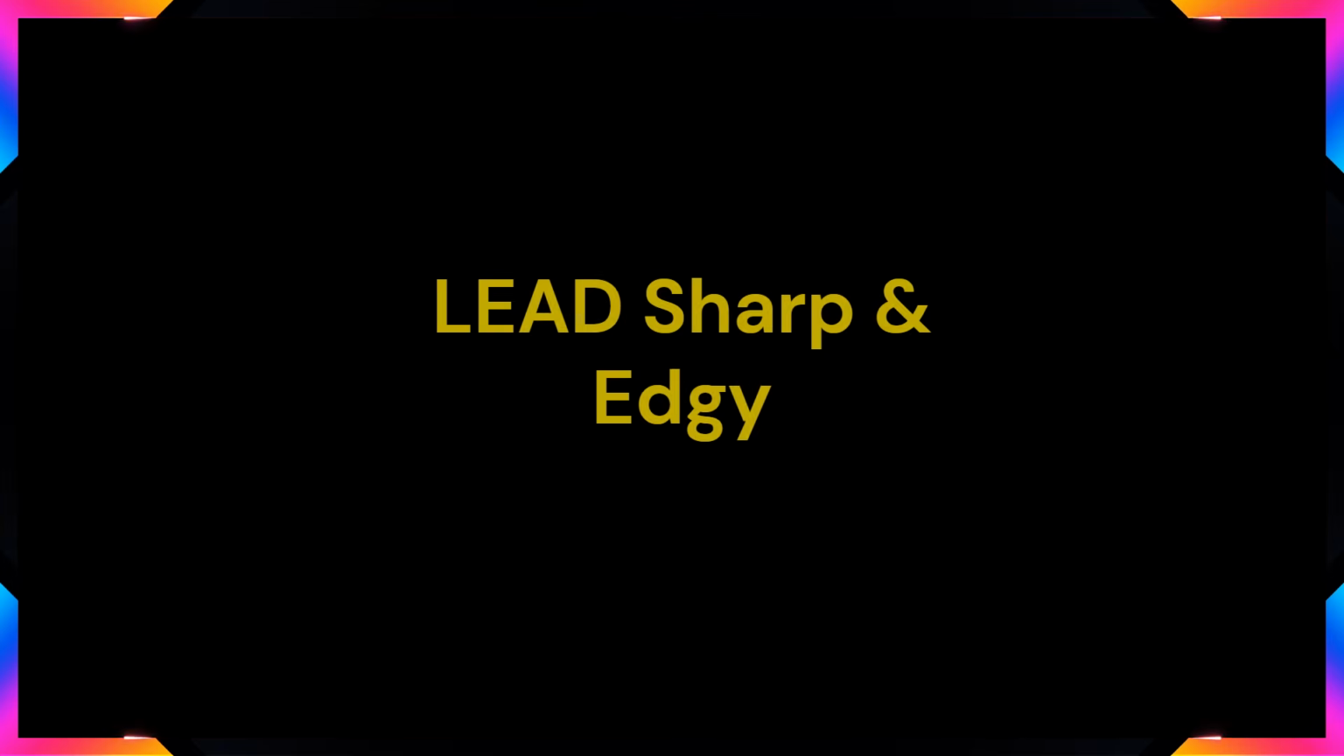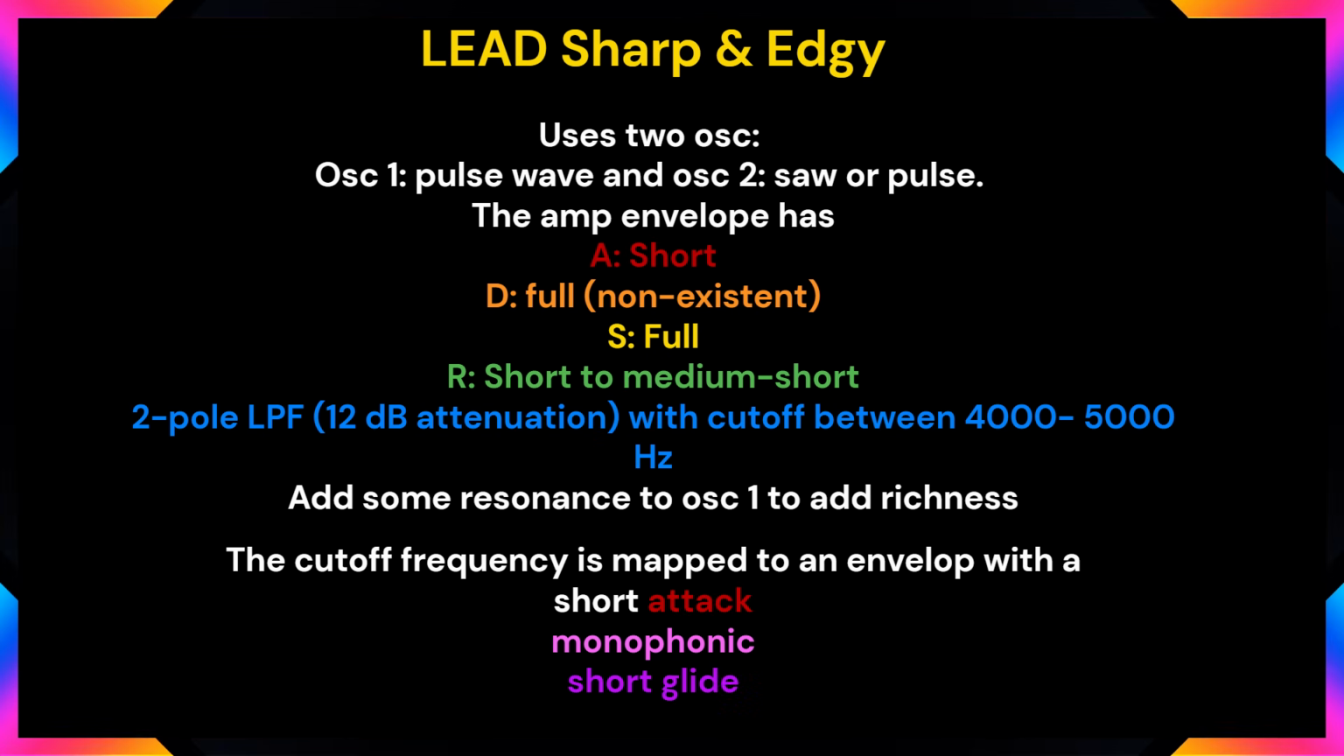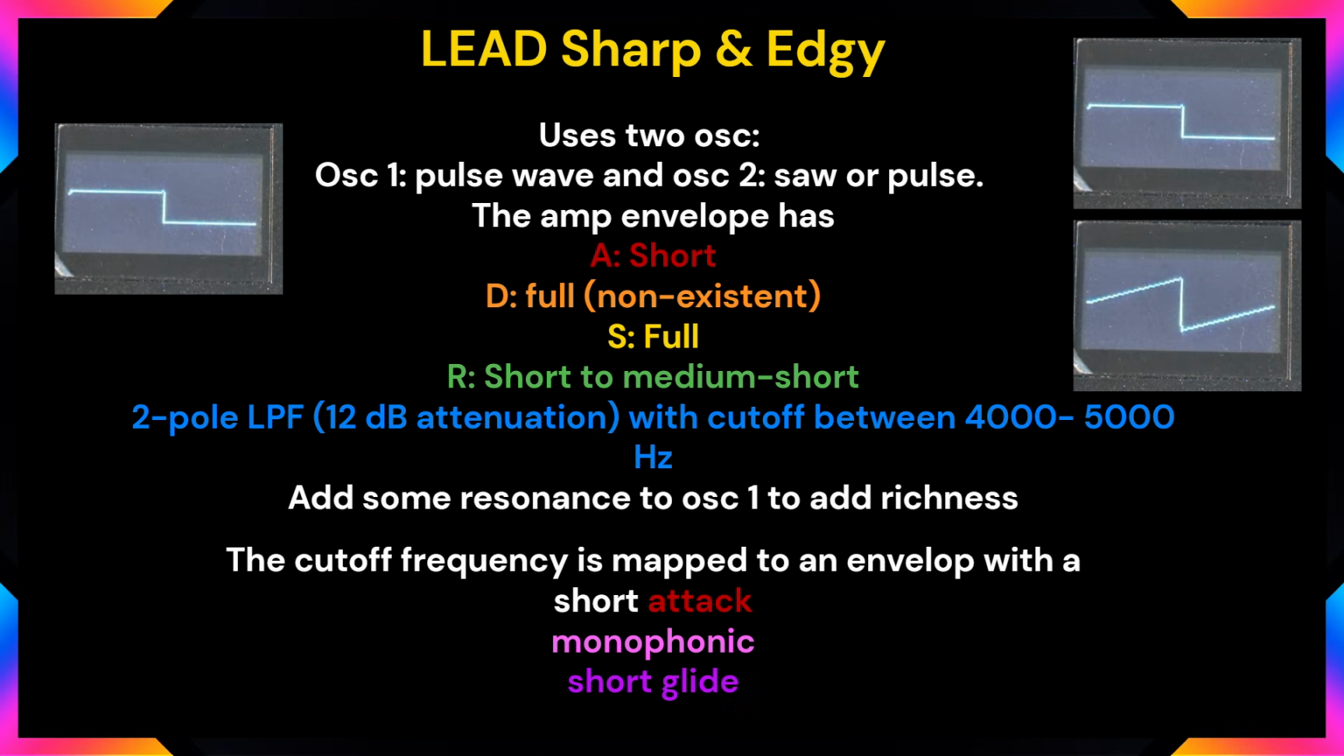Sharp and edgy lead. This uses 2 oscillators, oscillator 1 with a pulse wave, and oscillator 2 a saw or pulse. The amp envelope has a short attack, full decay, full sustain, and a short to medium short release. It uses a 2-pole low pass filter, which means there's 12 decibels of attenuation per octave with a cutoff between